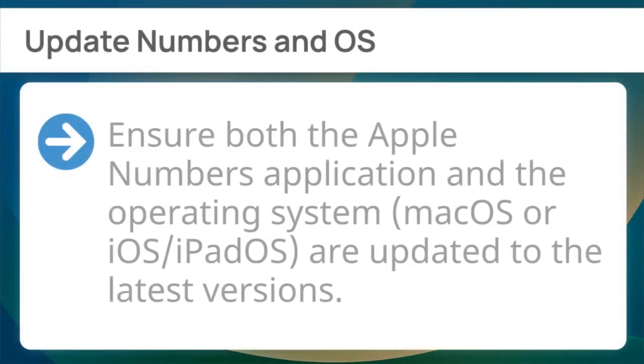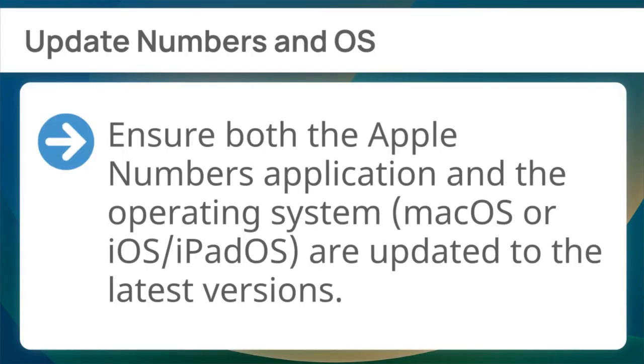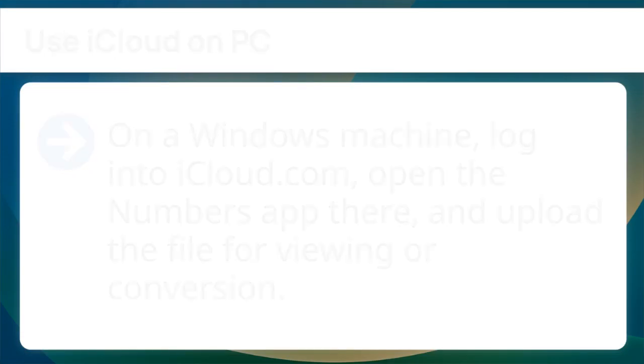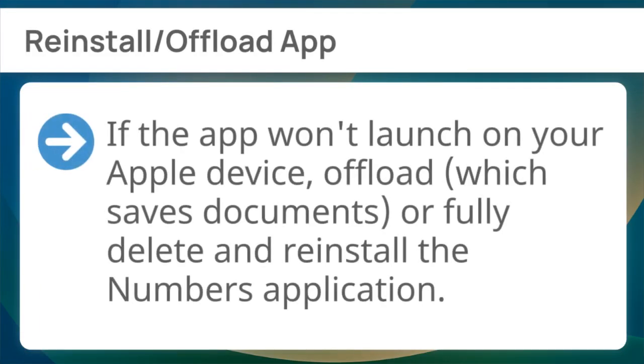First, update Numbers and the OS. Ensure both the Apple Numbers application and the operating system, macOS, iOS, or iPadOS, are updated to the latest versions. Next, use iCloud on PC. On a Windows machine, log into iCloud.com, open the Numbers app there, and upload the file for viewing or conversion. Finally, offload and reinstall the app. If the app won't launch on your Apple device, offload, which saves documents, or fully delete and reinstall the Numbers